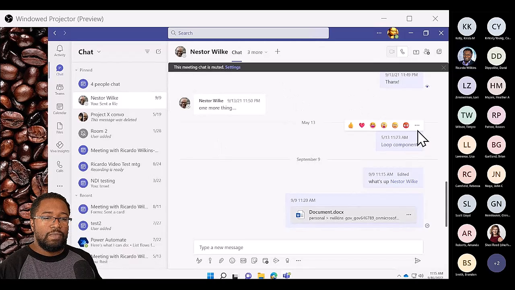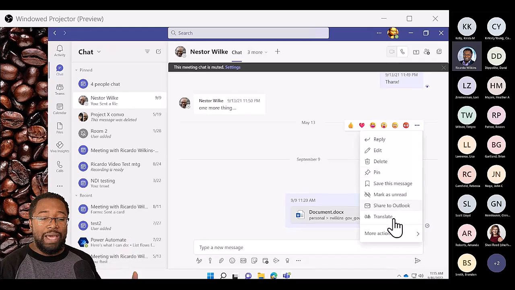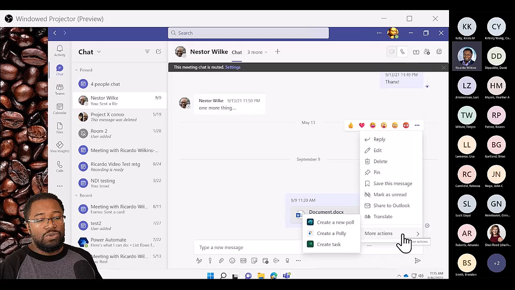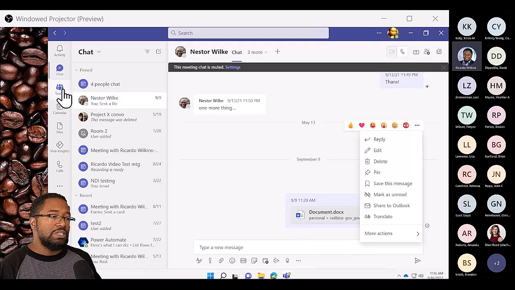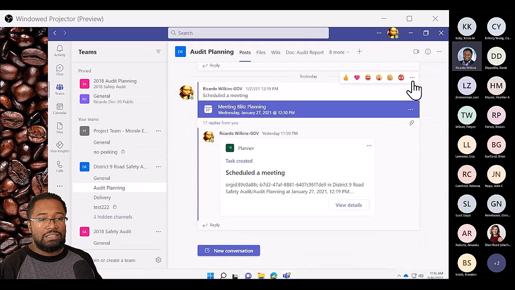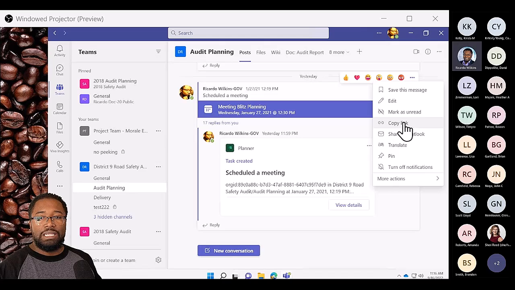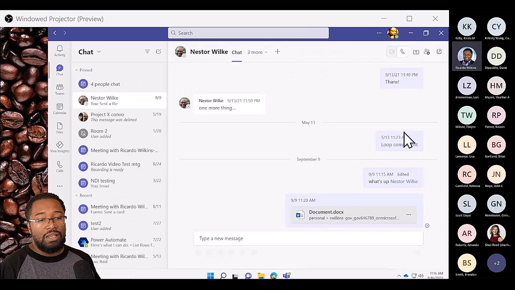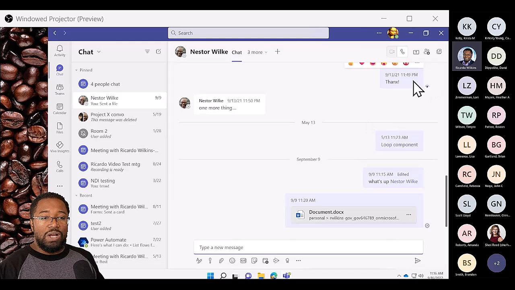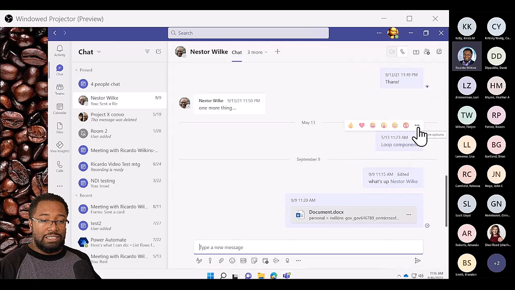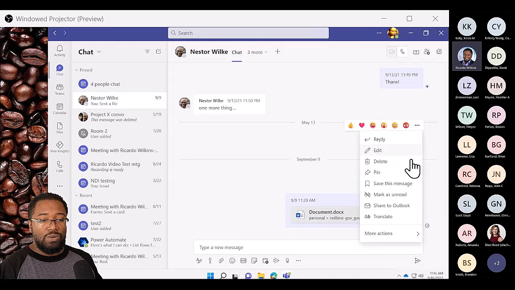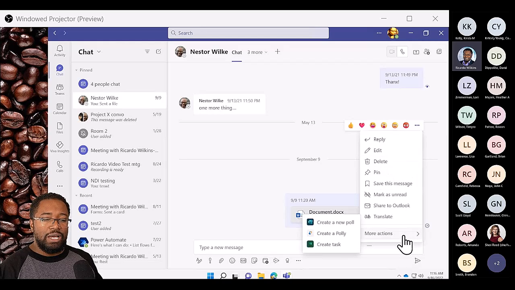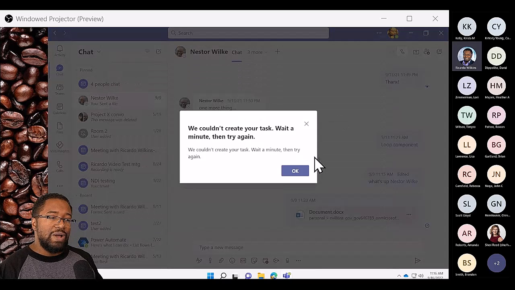But I use that a lot for my task management when I want to come back to a particular item later. And I also use it to get the URL of posts, which isn't hard in a channel, right? That's a standard copy link functionality. But sometimes I actually want a URL to a one-to-one chat post. Like maybe I want to come back to this post with a Loop component in it. And so I don't have that copy post or copy link option here, but create a task,